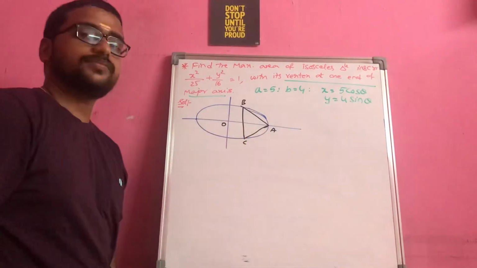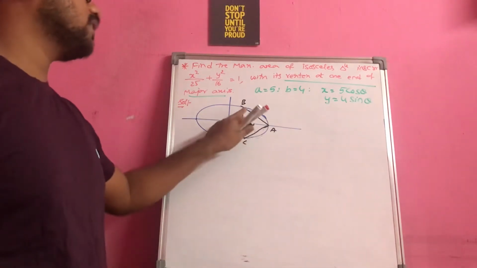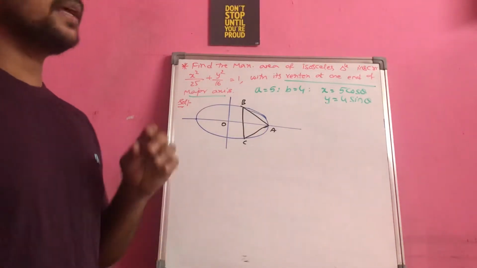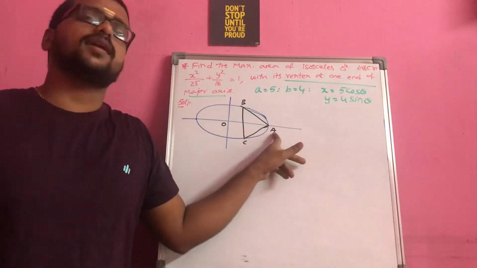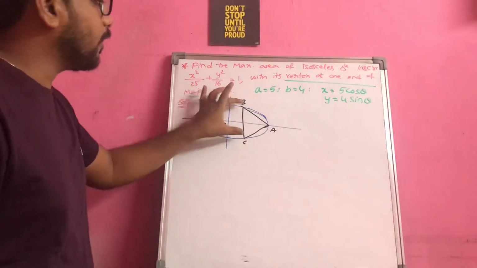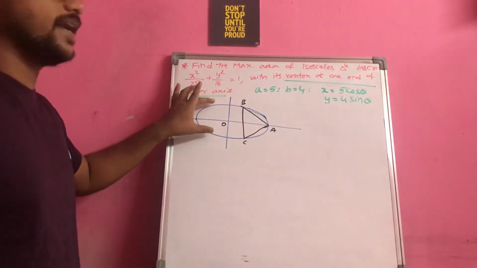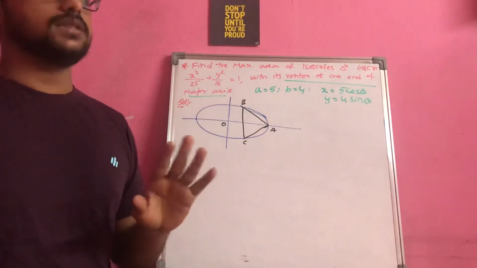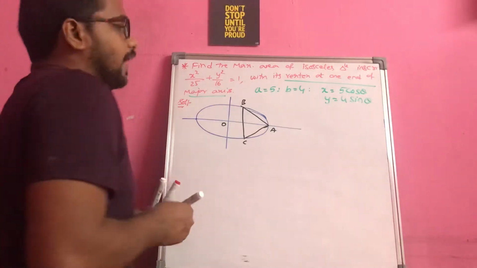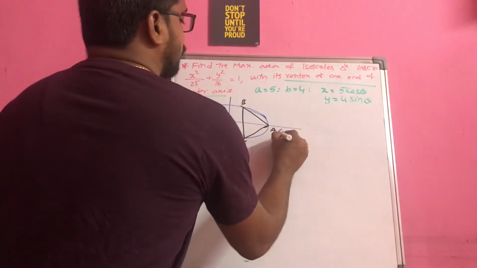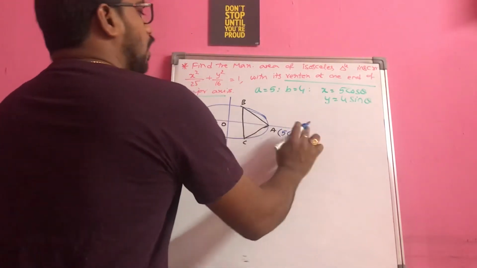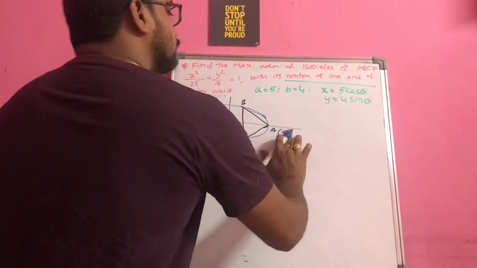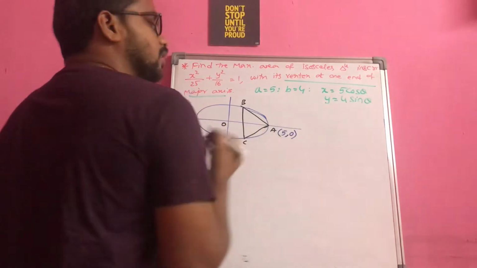This is the origin. Right? It is not necessary that B and C I have to place here, because the condition they have given is that one of the vertices should be at the end of the major axis. If you want, you can place this BC even in the second and third quadrant also, still you will get the same answer. There won't be any change in the answer. Okay. So according to the question, if I write the parametric form, this is on the x-axis. A point is on the x-axis. On the x-axis, the point will become 5, 0.